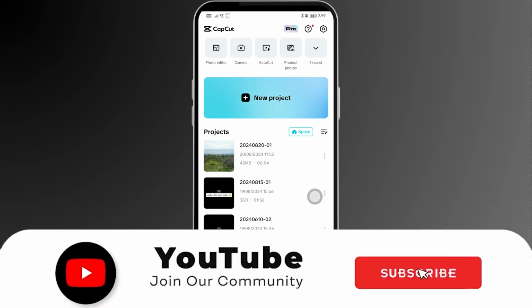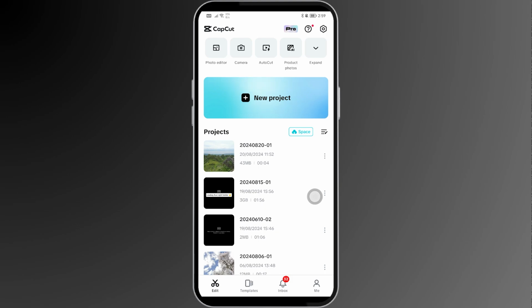How to merge multiple videos in CapCut. So merging multiple videos in CapCut is actually pretty easy. Our goal right now is basically merging 3 videos into one, and to do that, let's go ahead and